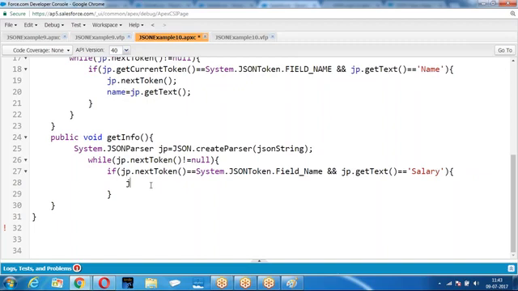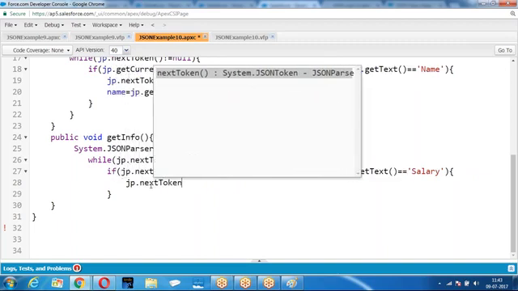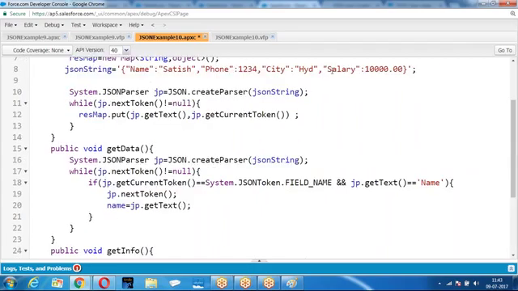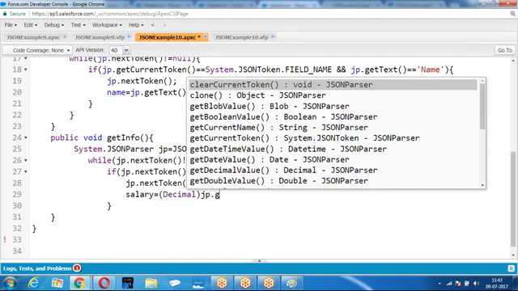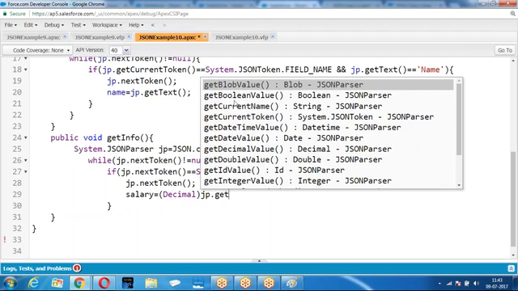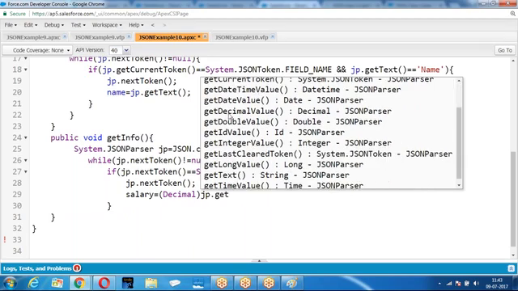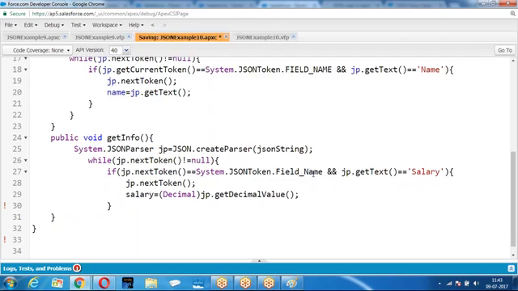Where is the value available? If the current token is salary, the value is available in the next token. So move the cursor to the next token and read the value. How are you reading the value? jp.getDecimalValue.